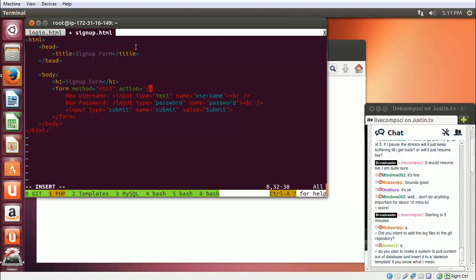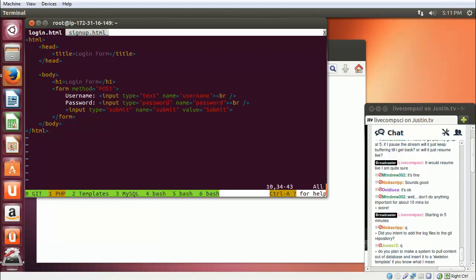So I'm just going to call this, let's say, sign up submit. Now right now, of course, that won't work, but we're going to make it work by changing the PHP code here, and we're going to, of course, do the same thing here for